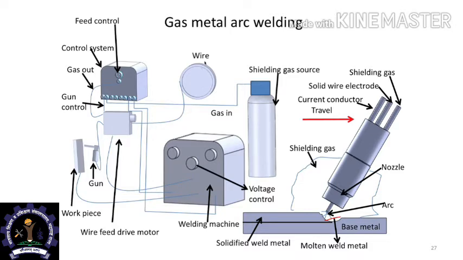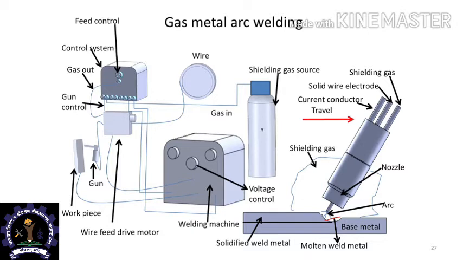Gas metal arc welding, or MIG welding as it is called, uses a wire, which is basically the filler wire, in a spool, and the wire goes through a control system and comes out as an electrode wire. The process involves protection of the liquid metal using a gas, which means that you also have an argon gas cylinder that supplies the gas at the same location where the wire comes and strikes the arc. Then you have a power source that plays a role in changing the polarity and passing the current as required.